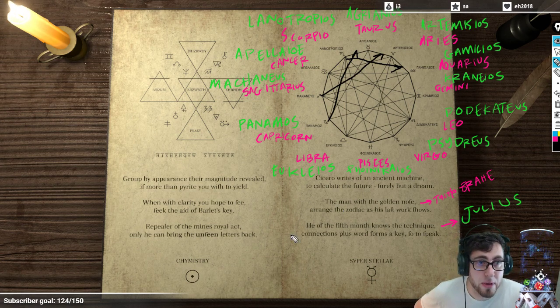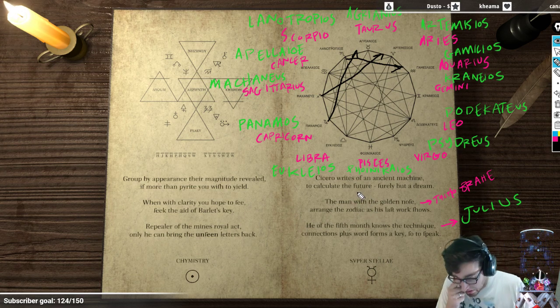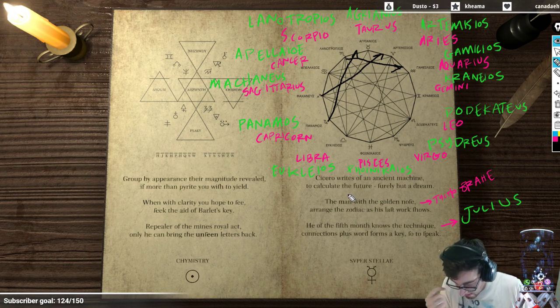Okay, so with that being the case, the symbols don't quite match up. I mean, some of them kind of do, but